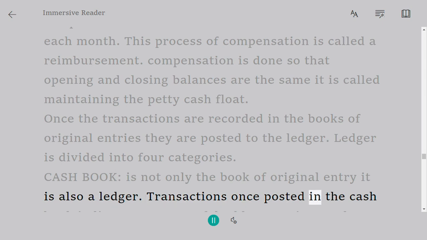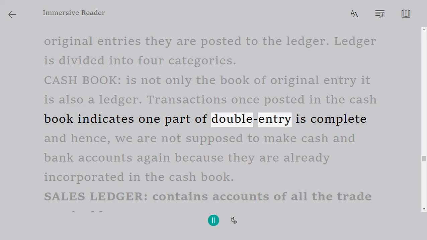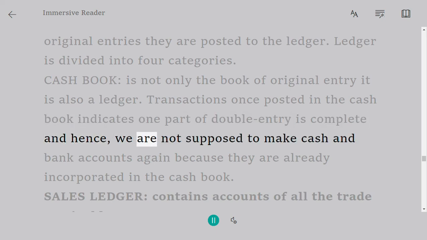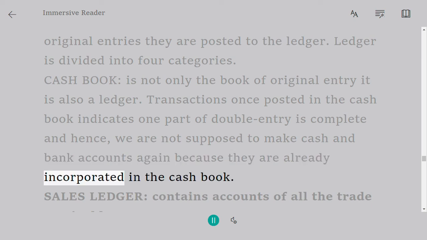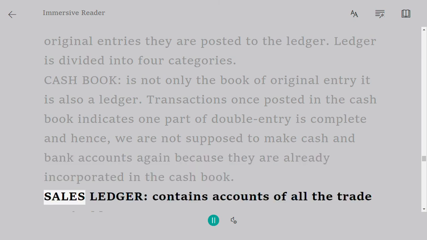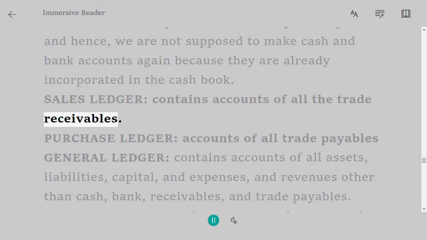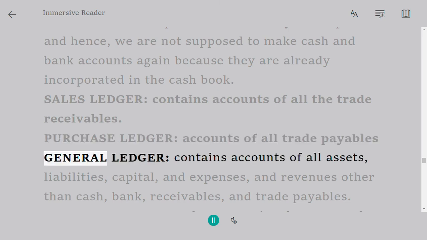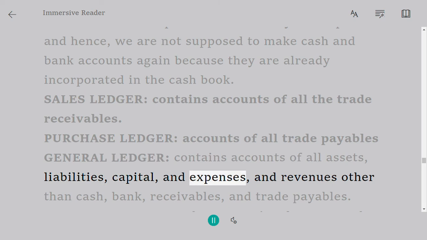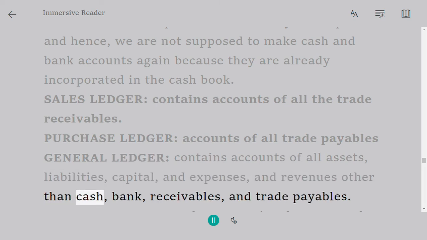Transactions once posted in the cash book indicate that one part of the double entry is completely done. We are not supposed to make cash and bank accounts again because they are already incorporated in the cash book. The sales ledger contains accounts of all trade receivables. The purchase ledger contains accounts of all trade payables. The general ledger contains accounts of all assets, liabilities, capital, expenses, and revenues other than cash, bank, trade receivables, and